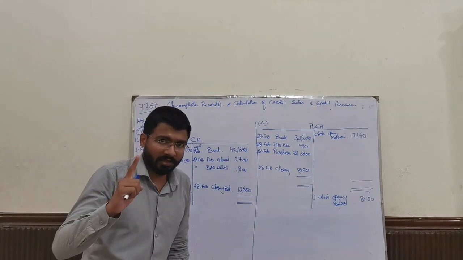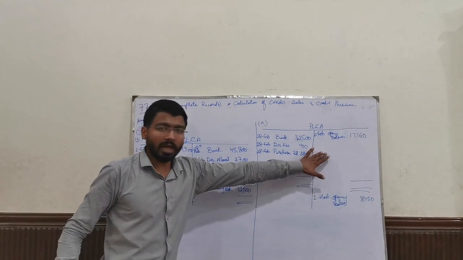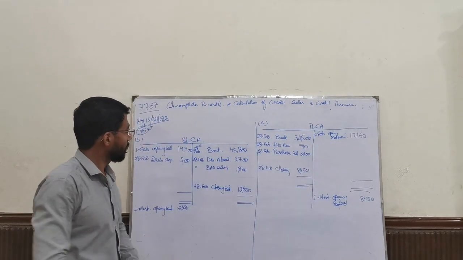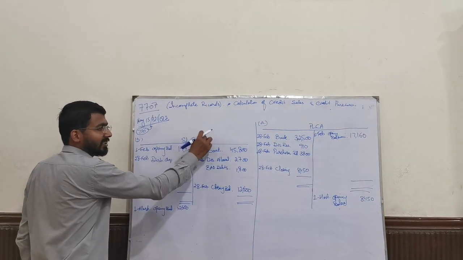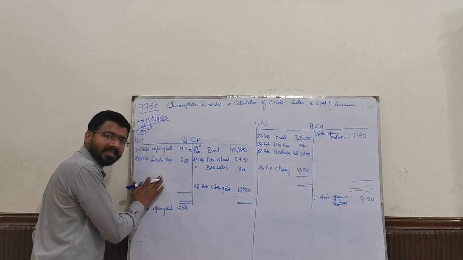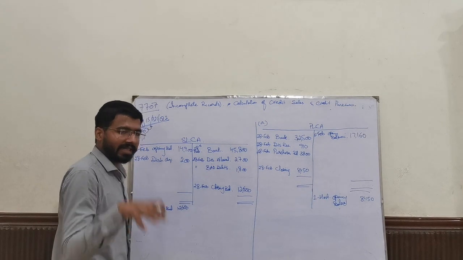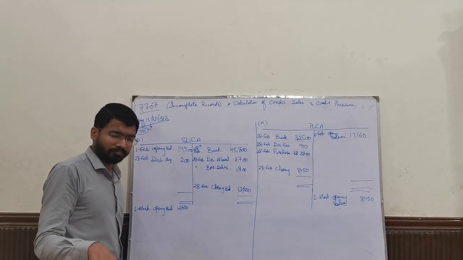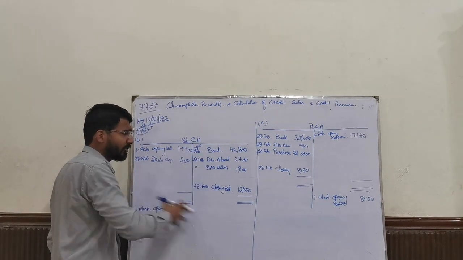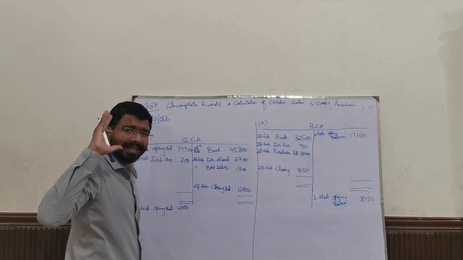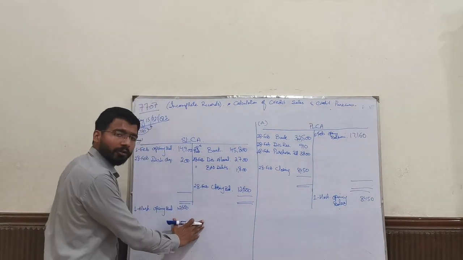One thing is missing in this control account as well as in this control account. This control is sales ledger control account. Can you people see credit sales? No. In such questions, in incomplete records, the examiner is going to ask you a question in such a way that he will give you the other figures, but he will not give you the credit sales. This is how you find credit sales.